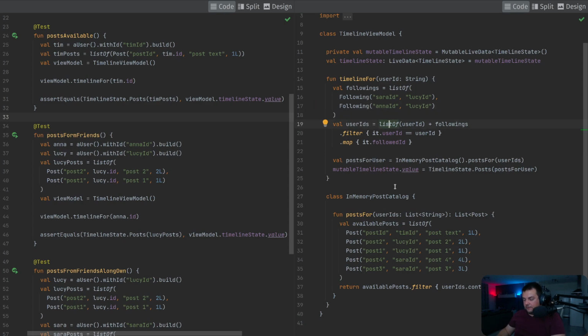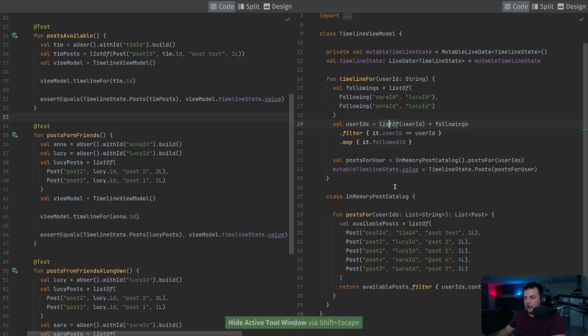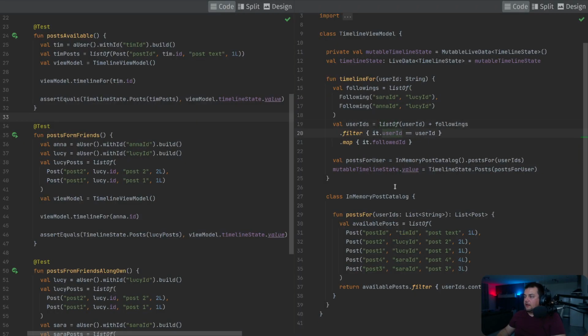However, let's first run the tests. Let's see if we are green, and also let's see if we are clean. So we are also clean, we don't have anything to commit. So let's proceed. What we can do right now is extract this class outside of the timeline view